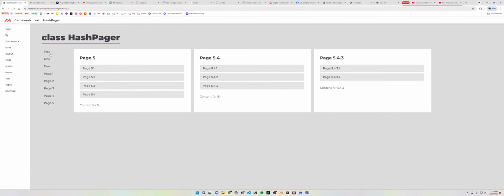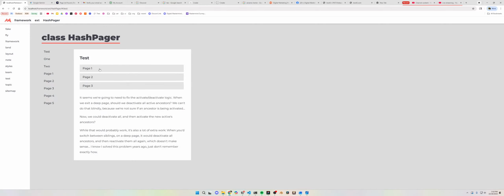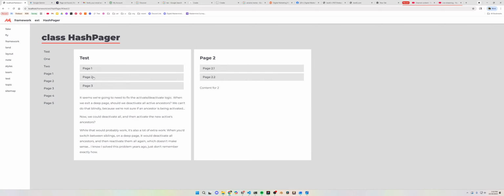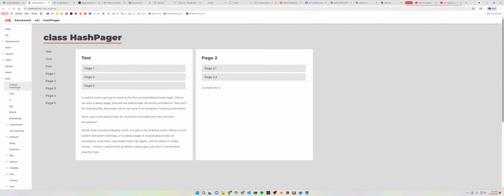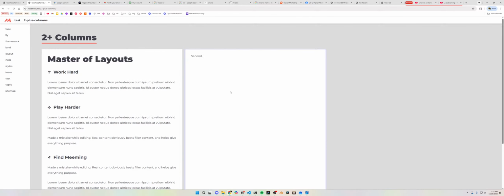Anyway, so yeah, these little link blocks are kind of cool, and they allow for a wealth of content in here that's neatly tucked away. And so it's an organizational mechanism, but it certainly differs in terms of the readability. So if we go back to, I think it was test 2 columns, we have the,